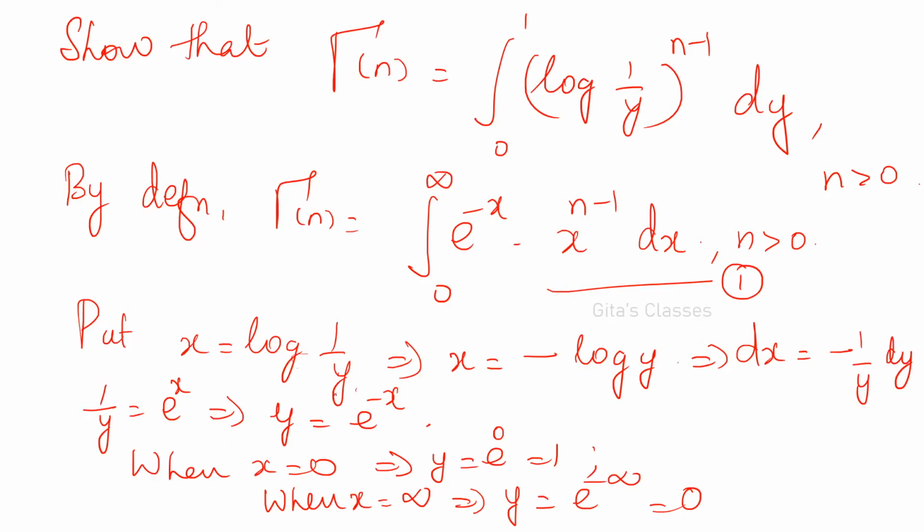Similarly, now I want to find out the corresponding values of y. The new variable is y. So log of 1 by y is x. So you take e on both sides. E and log are inverse functions. Therefore 1 by y is equal to e power x, or you can write y is equal to 1 by e power x, or e power minus x I can write. Therefore now the corresponding values I have found out. Okay. Therefore equation 1 becomes,